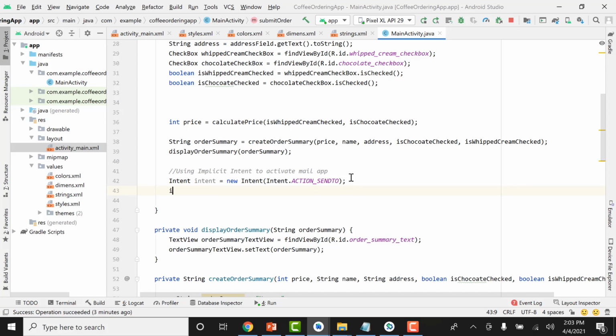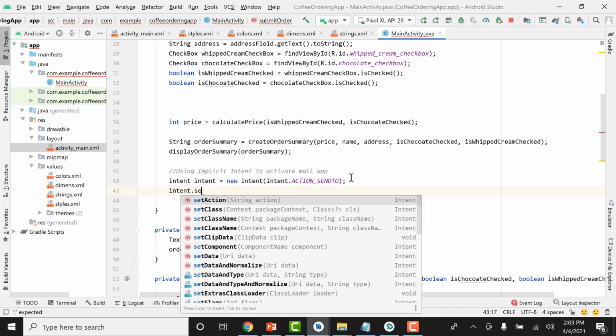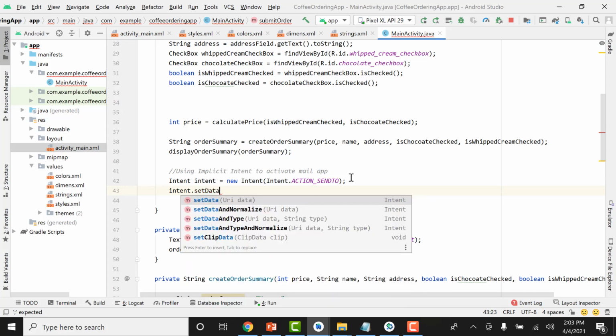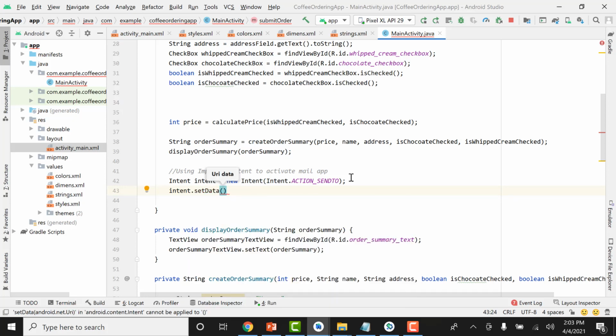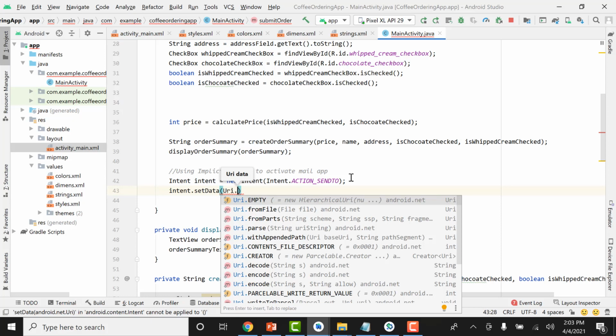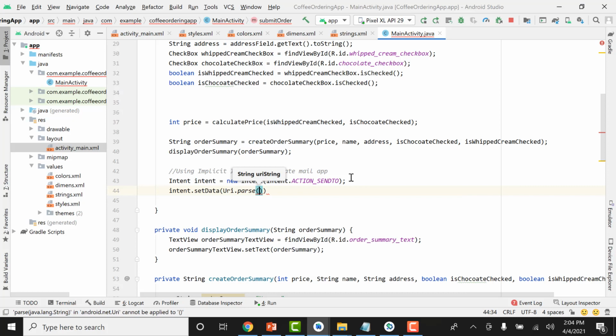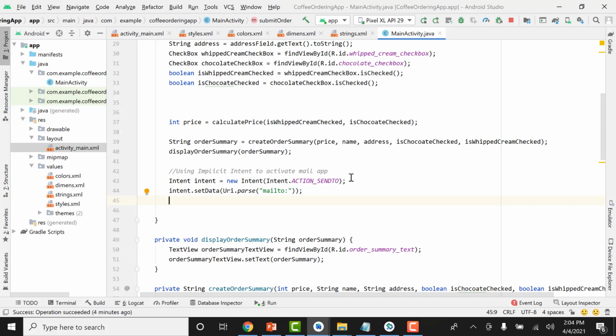So here we want to clarify with intent.setData where we are sending the data to. So we are going to use the Uniform Resource Identifier, the Uri.parse function, and we are going to say, look, those apps related to the mail app are going to be activated. So Uri.parse mailto,